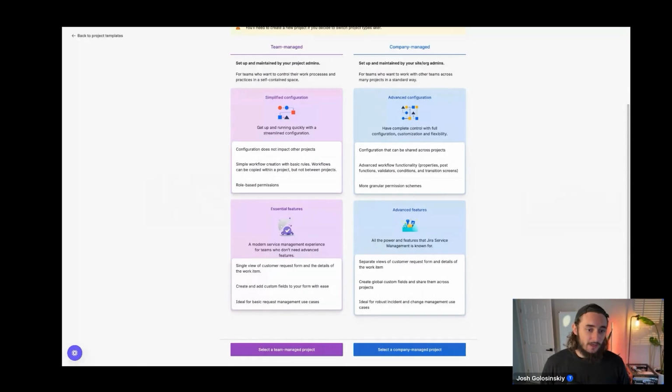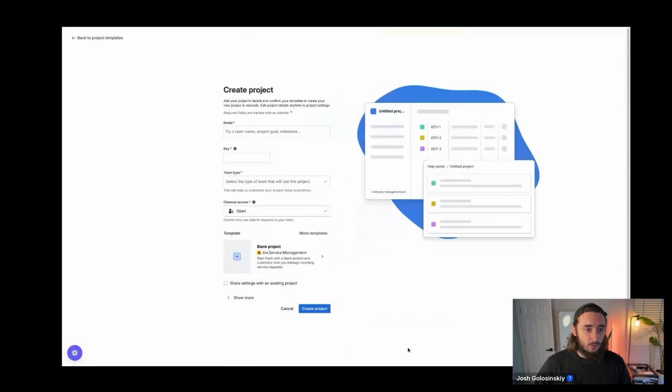So ideally, you have some kind of site or org admin permissions when you're doing this. If you don't, maybe coordinate with someone who does to give you that access or to help you along the process of creating this project. So I'm going to select company managed. We'll give this a name. We'll just call this general support